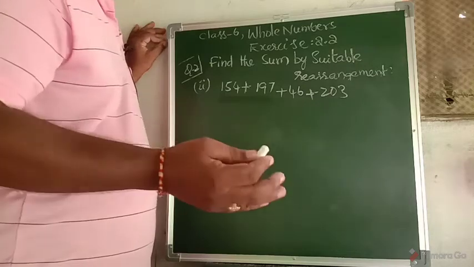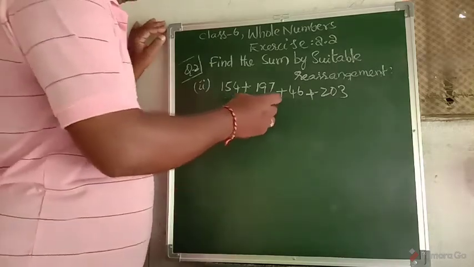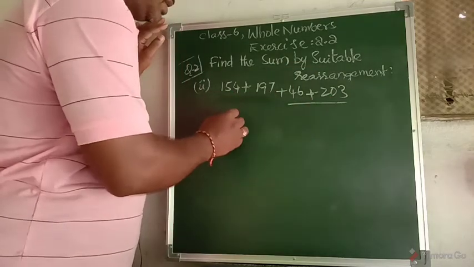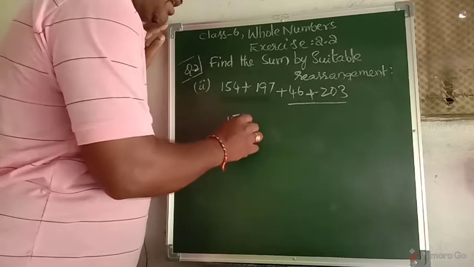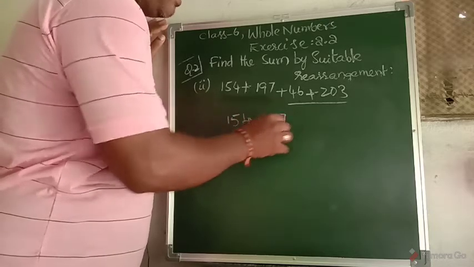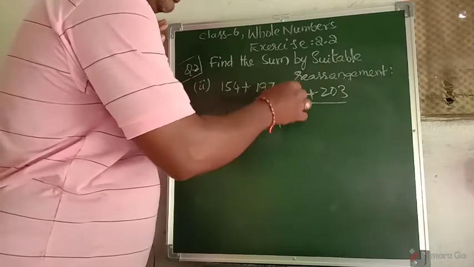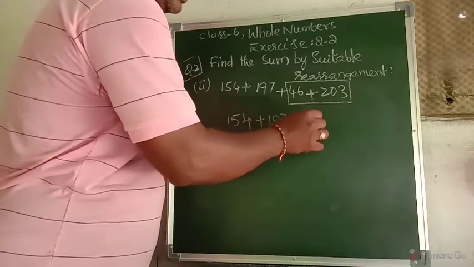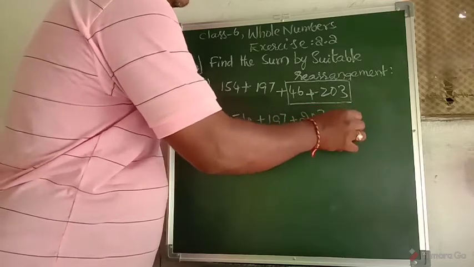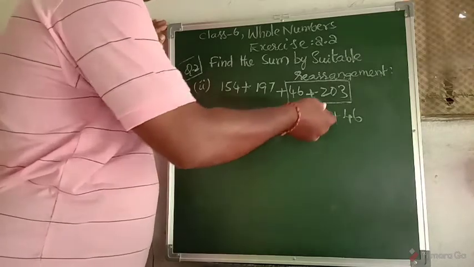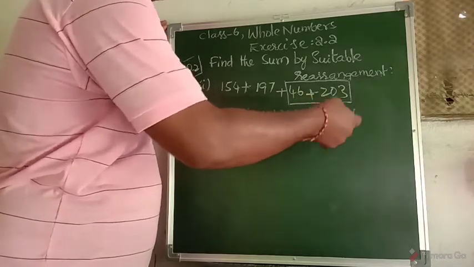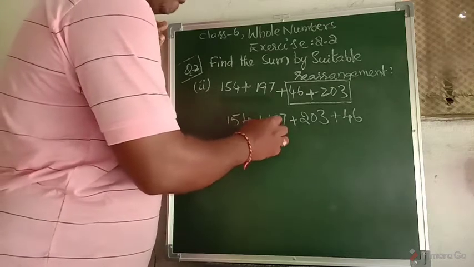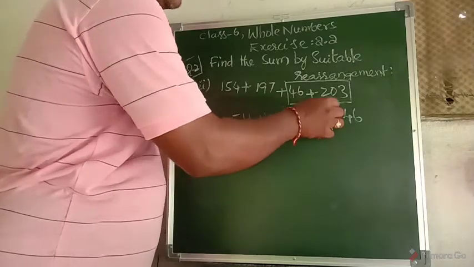Okay, now I am going to use the commutative property for these two numbers. Now the numbers will be 154 plus 197. Now change the order of these numbers: 203 plus 46. I used here the commutative property of addition. Now we just add these two numbers. Why? Because